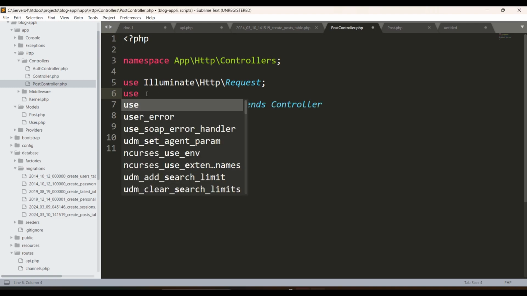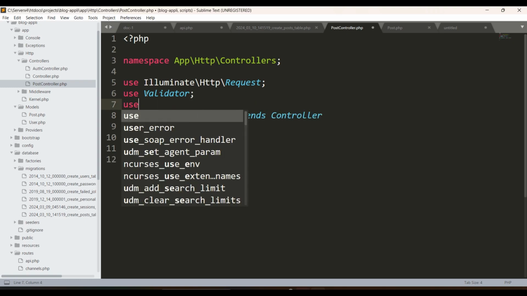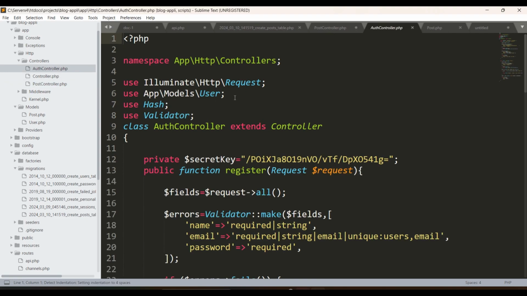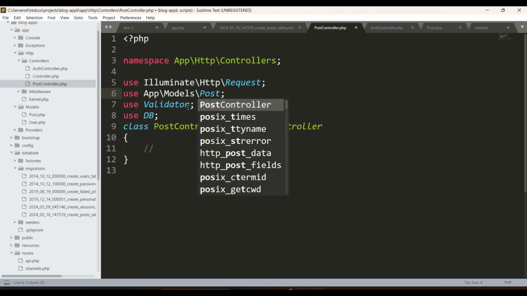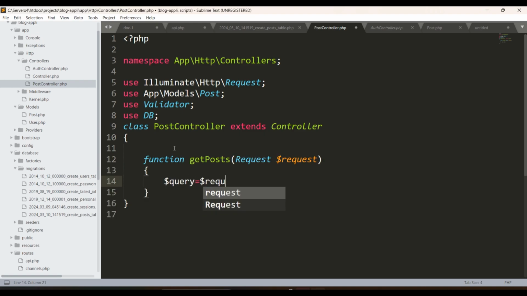Here we're gonna import the Validator class for validating our inputs, and we're also gonna use the DB class. We also need to import the Post model within the post controller. Then we need to start with the get endpoint, get posts. This method is going to handle search and pagination, and now here we are going to request the query, and then